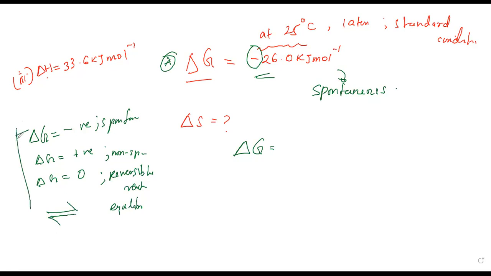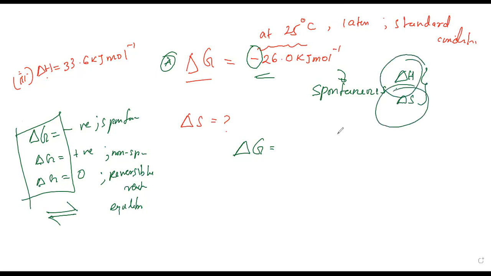This I spoke about only delta G. When you speak about delta H and delta S, there is an equilibrium. At high temperature, when delta S is positive, then the reaction is spontaneous. Likewise, I have given a set of notes. The graph is there.